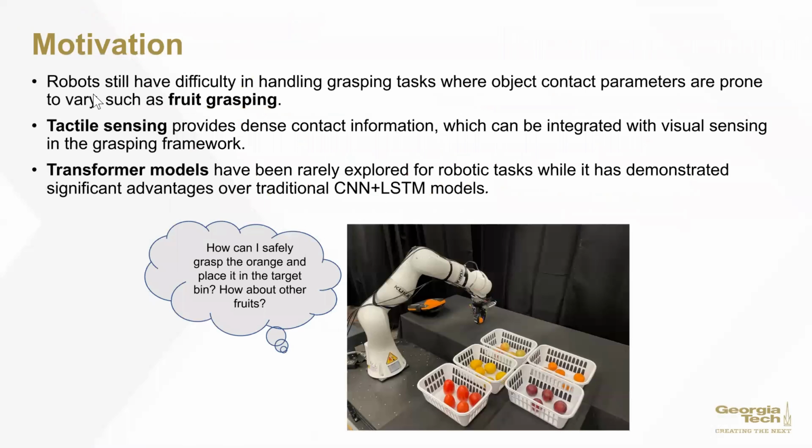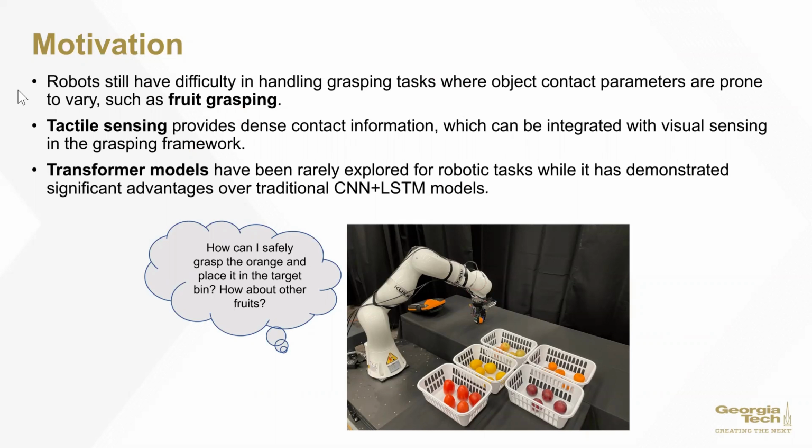The motivations for our work can be summarized as 3 points. First, up to now, robots still have some difficulty in handling grasping tasks where the grasped object's contact parameters are prone to vary. For example, for fruit grasping, different fruits have various hardness and surface texture, so the deformation captured by the sensor during the grasping process would vary, which makes it hard to find a generalizable grasping strategy for different fruits. We show an example below in the picture, where the robot arm is expected to place the orange